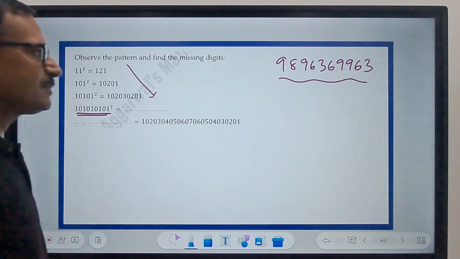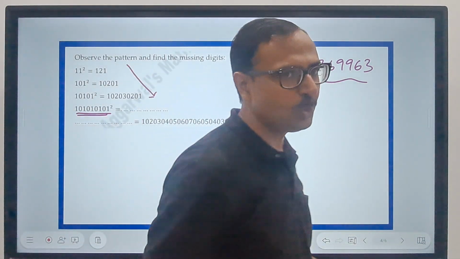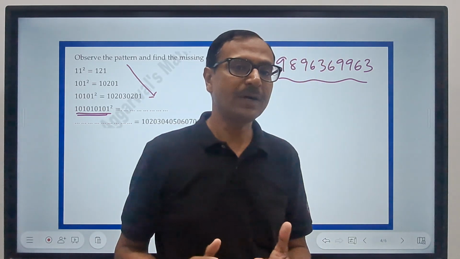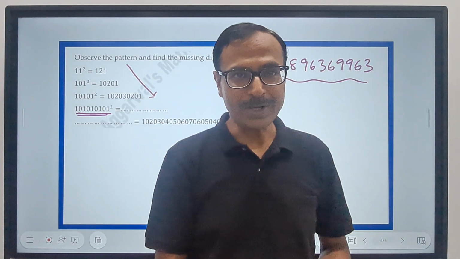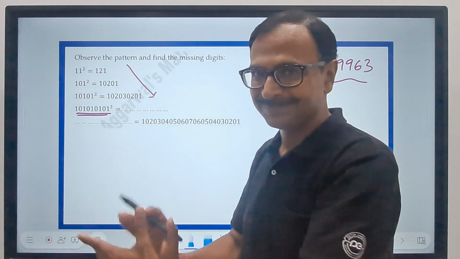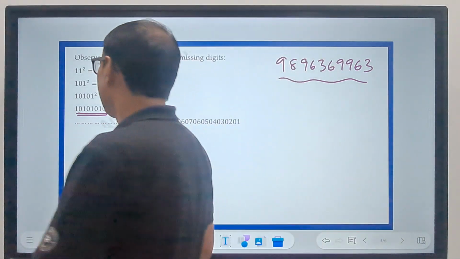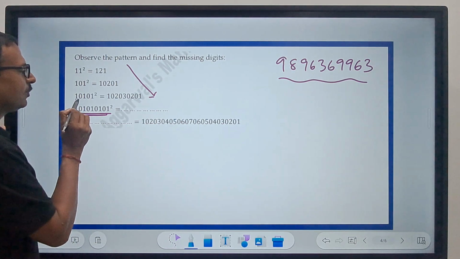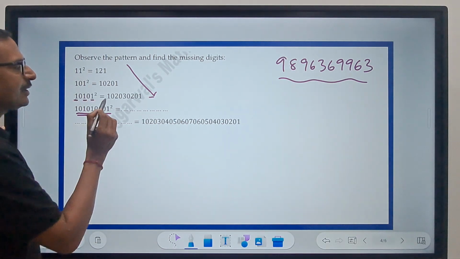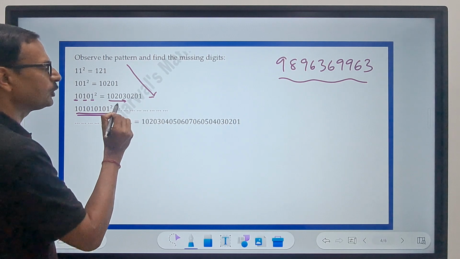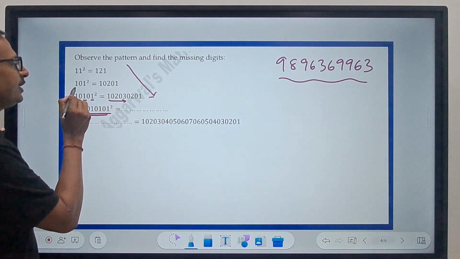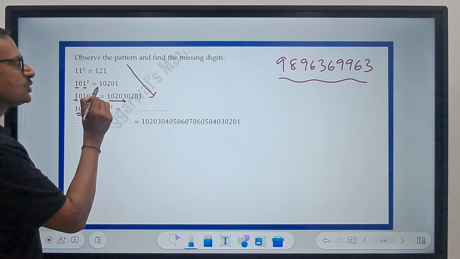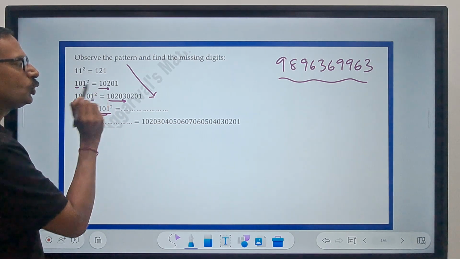See, this is based on observation. Can you crack the rule? Can you get to the standard format, the standard rule which applies to the previous 3 squares, to get to the square of this number? So let's observe. How many ones are there here? 1, 2, 3. And therefore we have taken the pattern up to 3 and then we are writing it in the reverse order. How many ones are there? 2 ones. So we have taken the pattern up to 2.